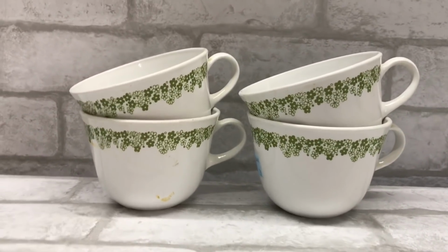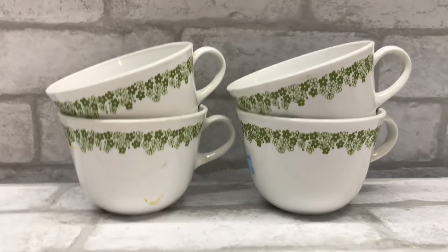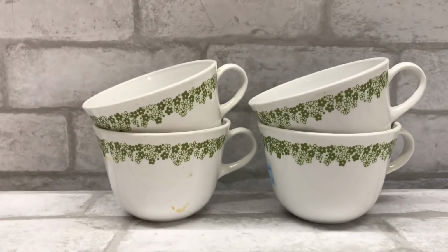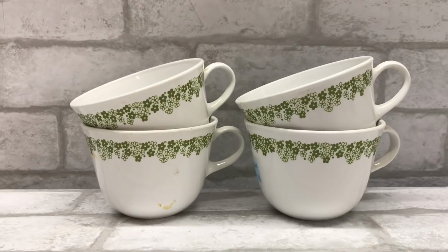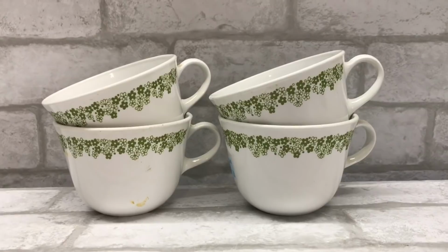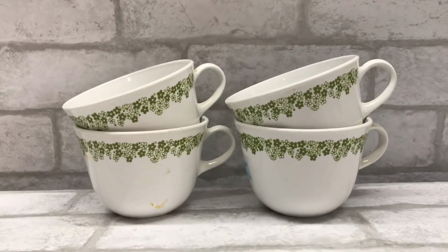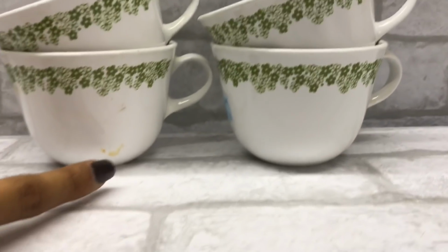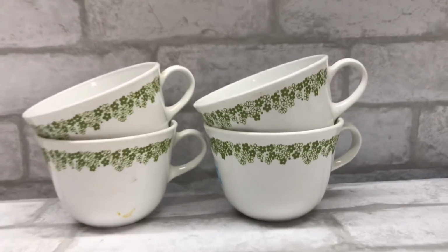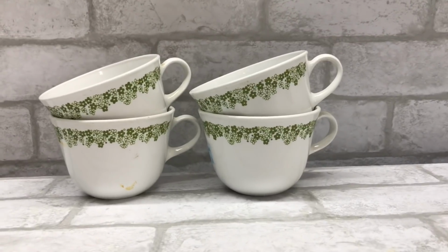I will take those out and put those into the shop since they're still fairly new to my house. And I'll put these up on my wall. So that way I can offer the better quality, cleaner, more pristine pieces to the people that are willing to purchase from the shop, rather than put these in there, because I do try to care about quality, and I feel like the rust marks on here from utensils or pots and pans that you can't really get out, I don't want to put those into the shop if I have an alternative. So I'm going to take the ones that I have that are gorgeous, put those into the shop,